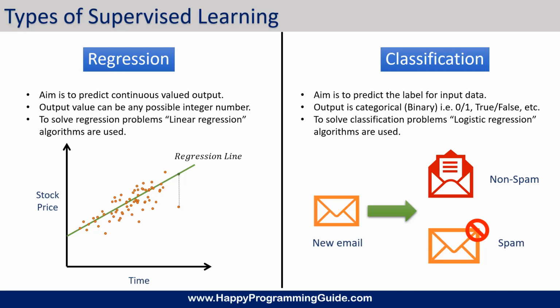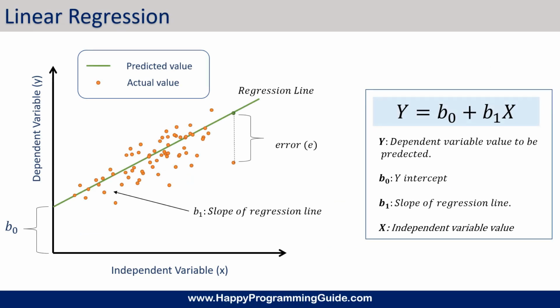And to solve the regression type of problems, linear regression algorithms are used. So what is linear regression? In this regression model, values of a dependent and independent variable vary linearly. That is why this model is called the linear regression model. For example, the price of a house increases with an increase in its size. So if we try to plot the graph of dependent and independent variable, it is most likely to be a straight line and not a curve.